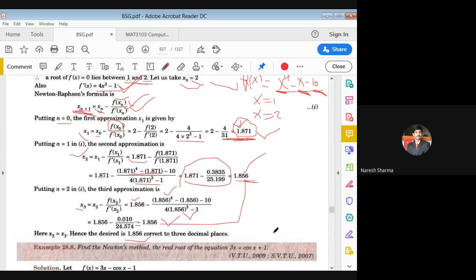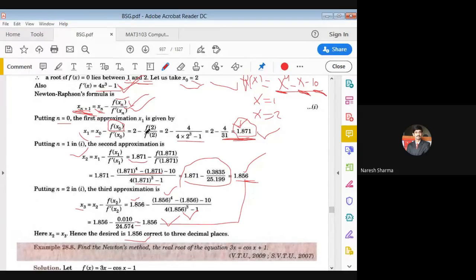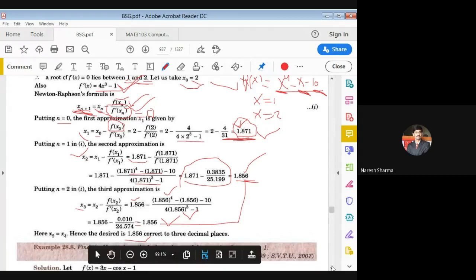While in the bisection method, you needed to do the calculation up to sometimes 10, 12 approximations. In the regula falsi method, you needed to do calculations for 7 to 8 approximations at least sometimes, right? For the same question, you can try all these three methods and see the difference. Newton-Raphson is the fastest out of these three. But it has one drawback: it fails when the derivative of the function at a point is nearly zero or equal to zero. It fails at that time.